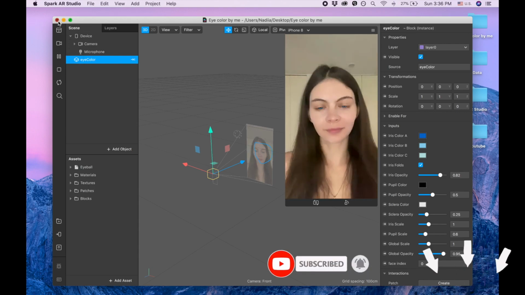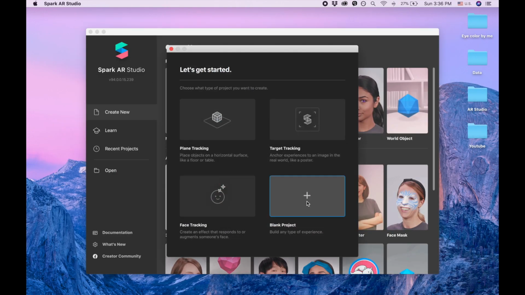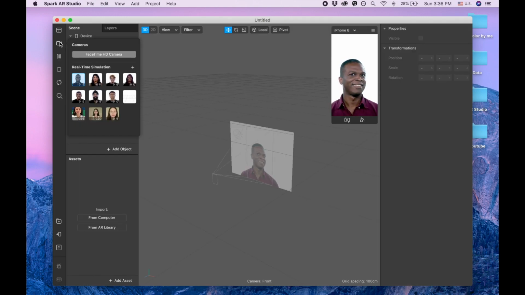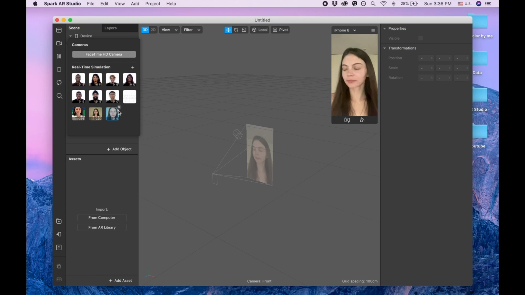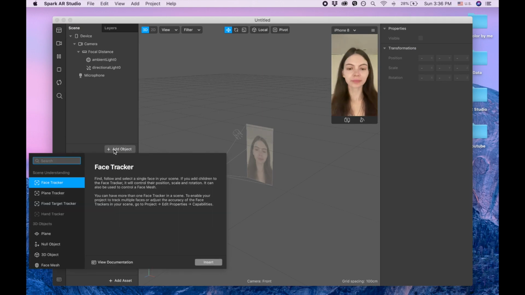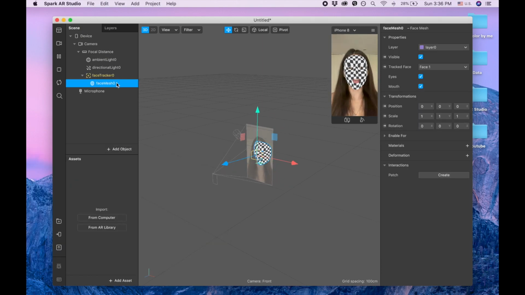So let's start. I'm gonna close this project and create a new project. It's gonna be a blank project, and I'm gonna switch to myself, and now I'm gonna add face mesh, and I'm gonna call it